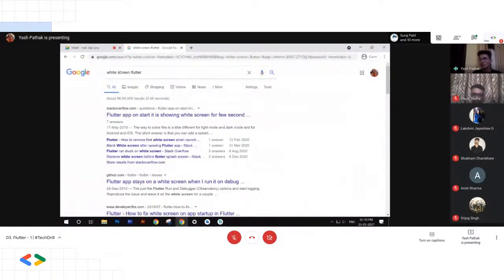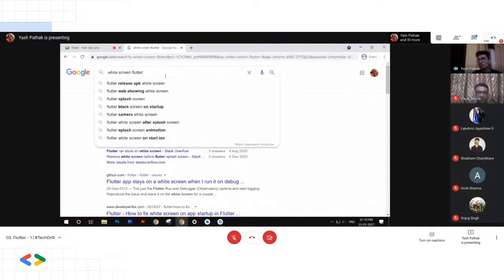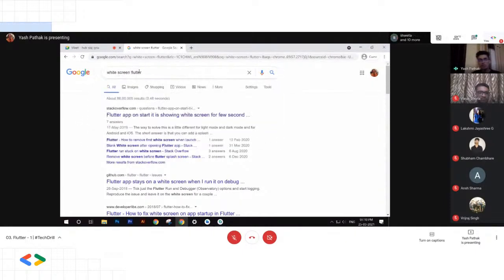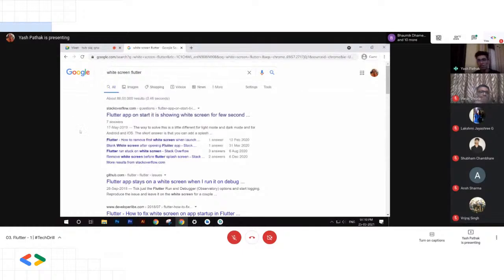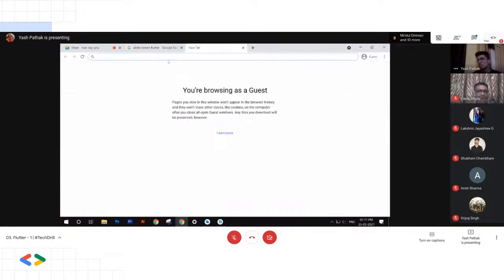All right. So if you find any issues, you know how to Google this up. So people normally have to understand, and a good developer is someone who knows how to Google, right? So I could have just typed "white screen Flutter." So this is not a complete sentence. It does not convey any information, right? So what happens if you search on any browser, you have to keep in mind that browsers work on the basis of keywords. Okay. So if I write the same issue here,